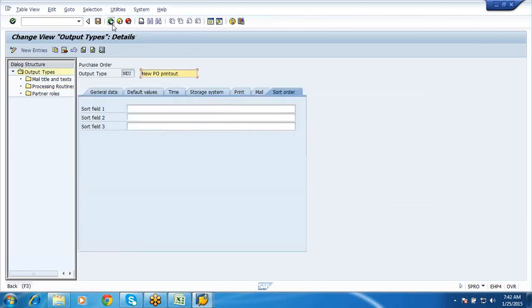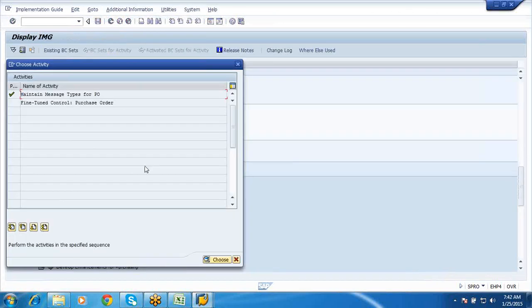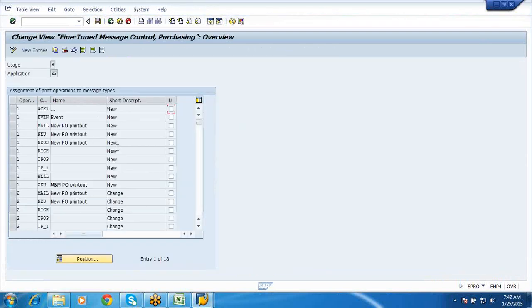You can also make a fine-tuned control. That is, what output needs to be determined when you want to execute. The first time when you take a print, you would trigger NEU as your message type.